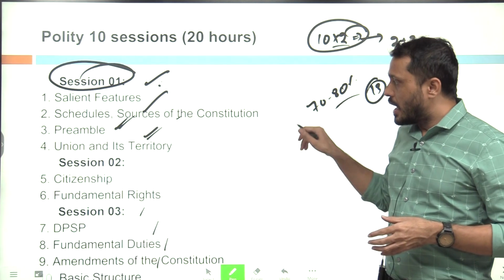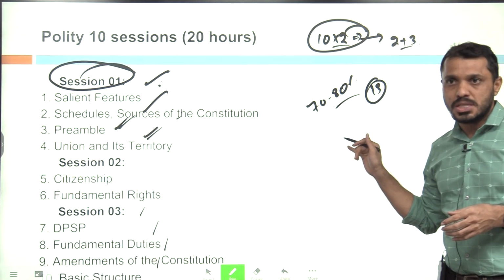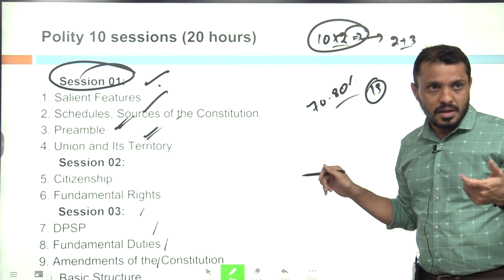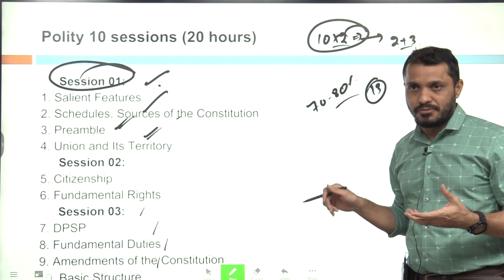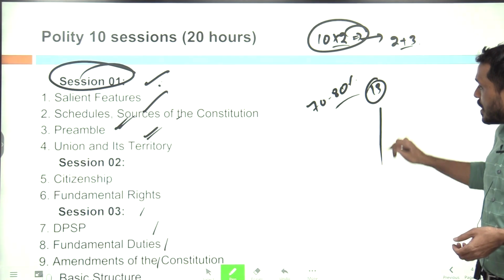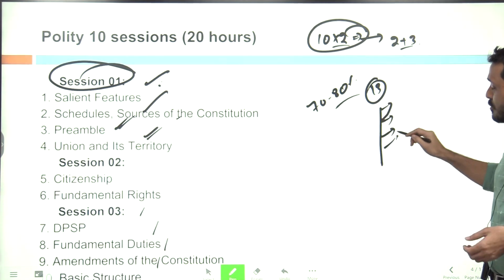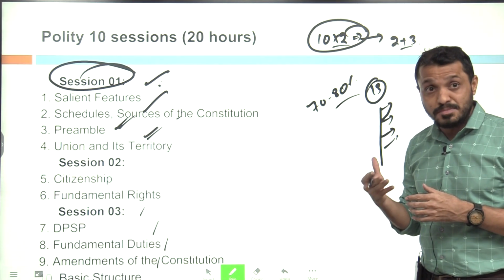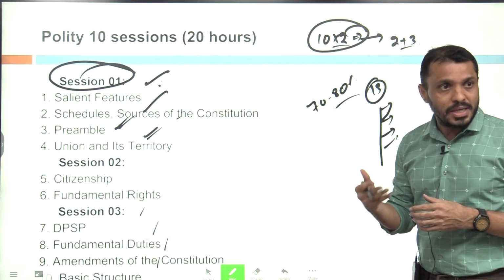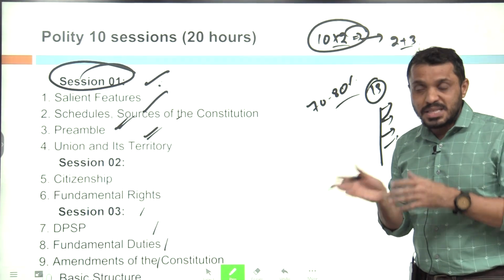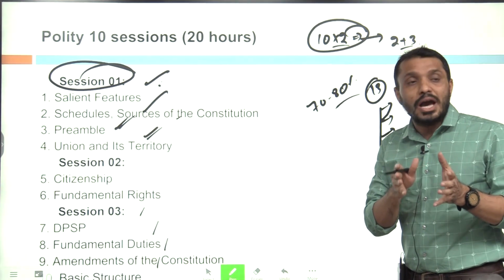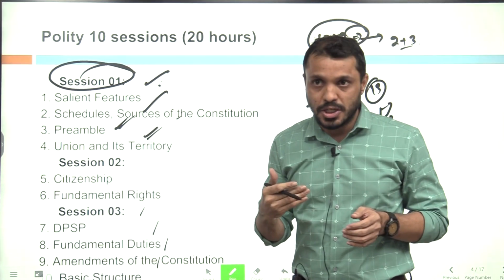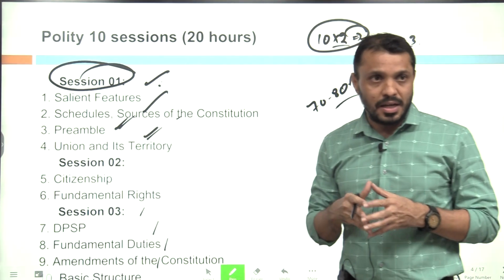But overall, I can help you out with the previous year questions and where candidates generally make mistakes, especially in polity. For the last few years that I've been teaching this subject, students generally don't differentiate between a constitutional provision and a convention. In polity, sometimes we follow a convention, but certain things are in the Constitution. So you must clearly differentiate between what is present in the Constitution and what is convention. Those are the areas where you will get into trouble.